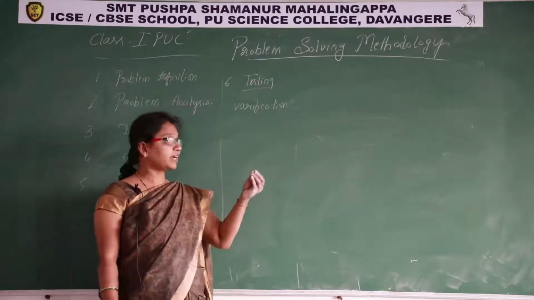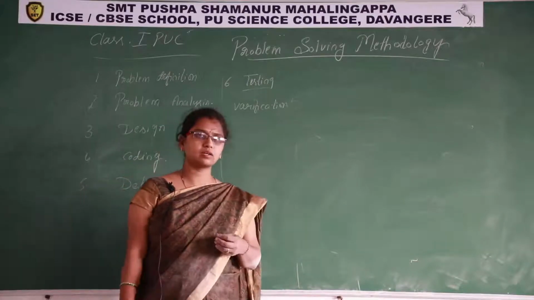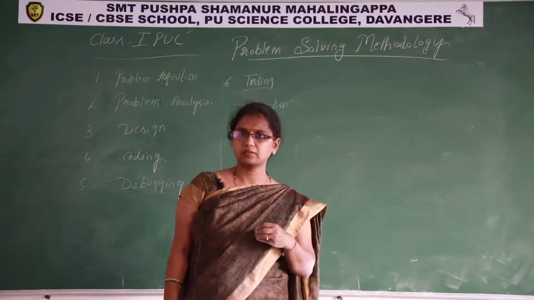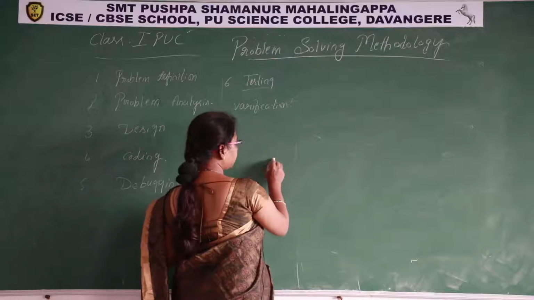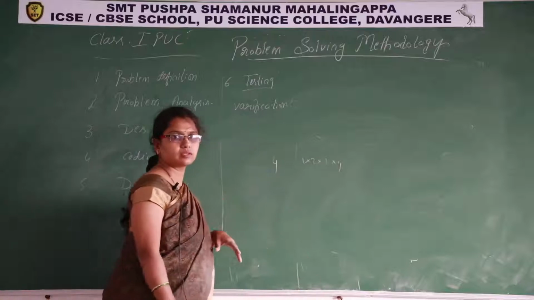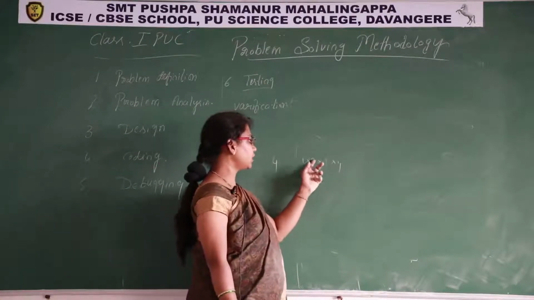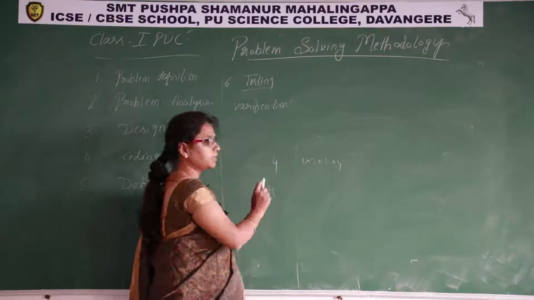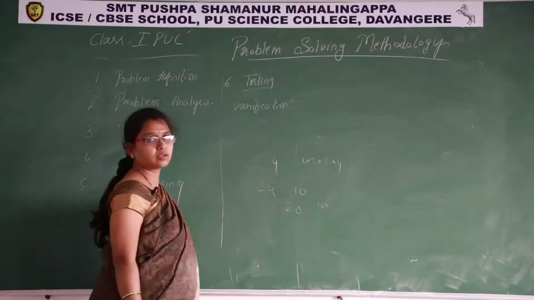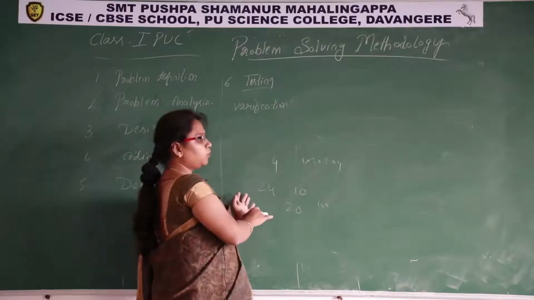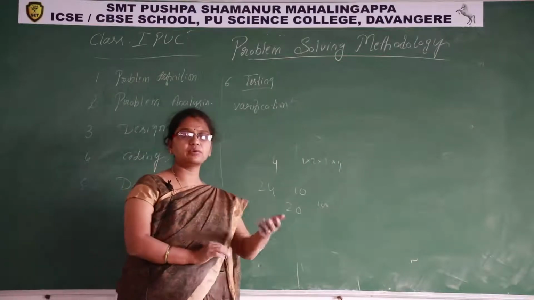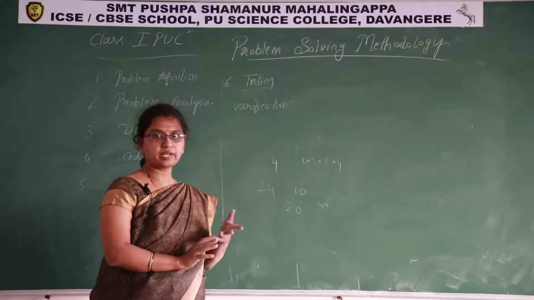Assume you have written a program that has to calculate the factorial of a number. You all know how to calculate factorial. For example, factorial of 4: 1 into 2 into 3 into 4. So 12, 12 into 2 is 24. 24 is the factorial, isn't it? If I give 10, if I give 20, 100, it should work on it. It should not work properly only if I give values from 1 to 10. If the given value exceeds 10 and it gives wrong output, then it is not a good program. It's not a correct program.